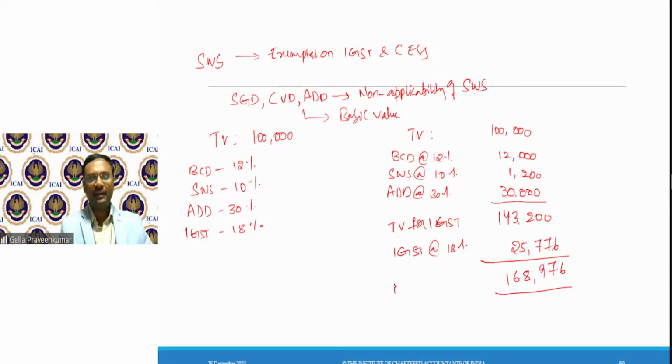This is my value, CIF of imports, after duty. Cost, insurance and freight after duty on imports is 1,68,976. Are we clear? Any doubts? Let me know.